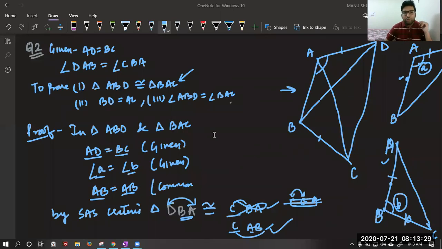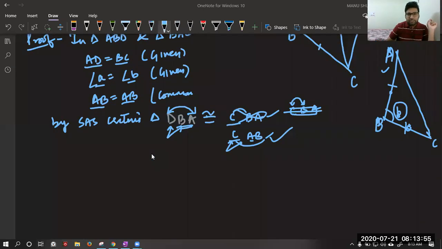Okay. Now, if you see the second part, that is BD equal to AC. Please check BD is coming at first and second place. AC is coming at first and second place. That means they are corresponding sides. Yes, we are correct. BD is coming in the first and second place of the name, and CA is coming first and second place. They are equal by property of CPCT. So we can say BD equal to AC because of CPCT.